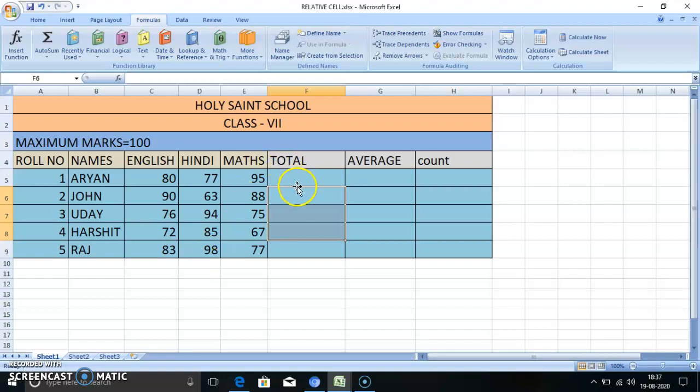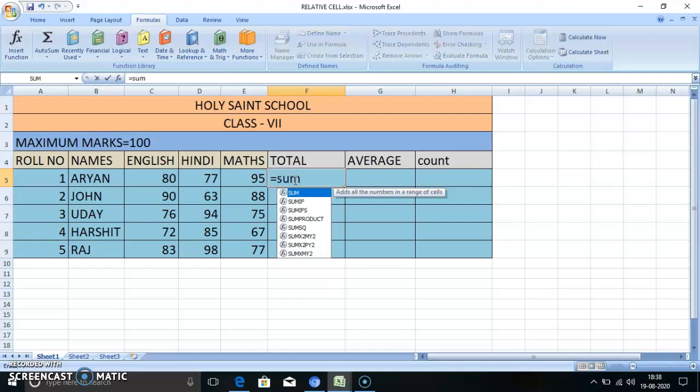First of all, in the last class also we used this table and found the total of the numbers. In the last class, how did we find the total? We took each and every cell address. Now today we apply the function name. For finding the total, we use the function name SUM, and every function starts with an equals to sign.